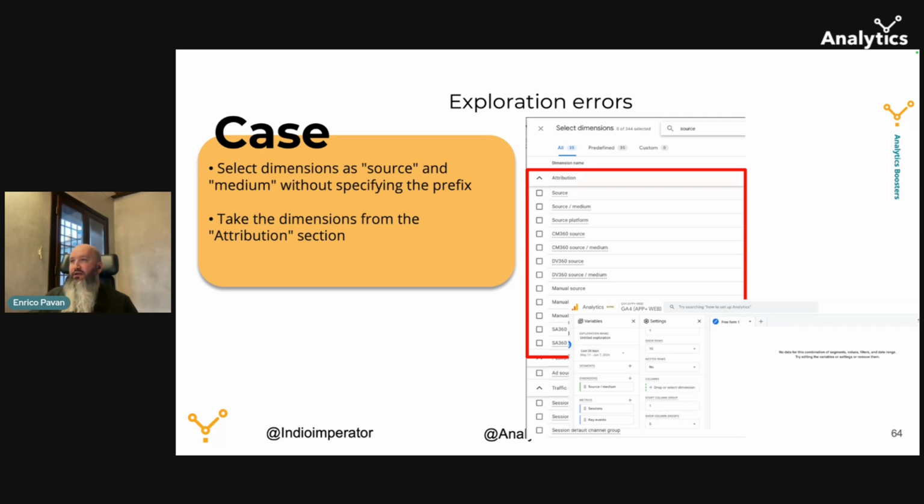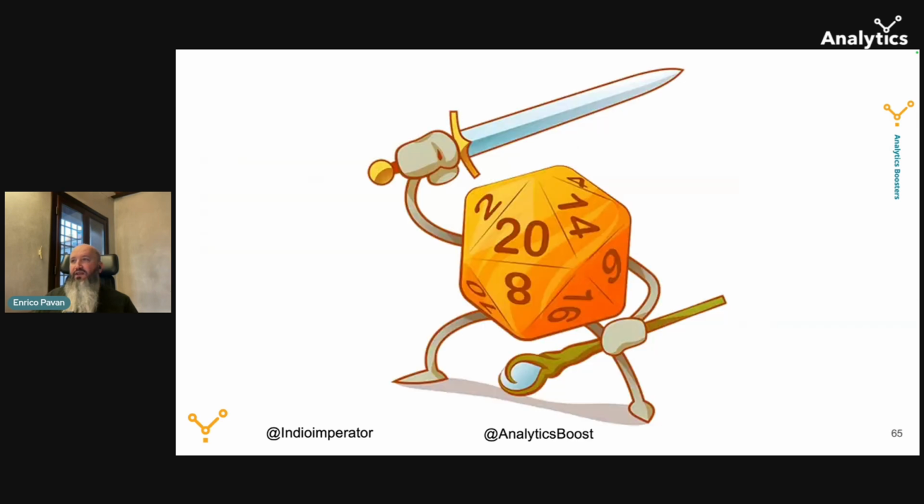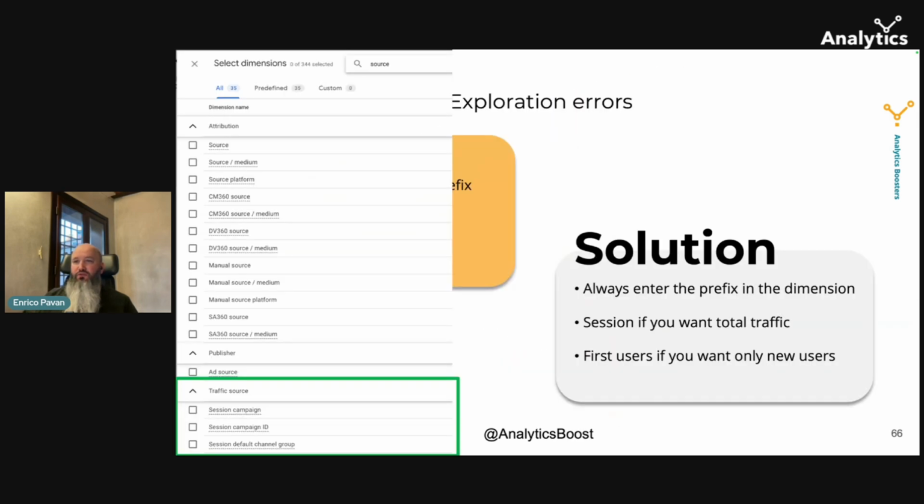This is why we use everything that is not related to sessions, not related to first users, not related to anything that we can use to gain the whole amount of traffic, more or less, and the new users for what we are going to talk about, first users.